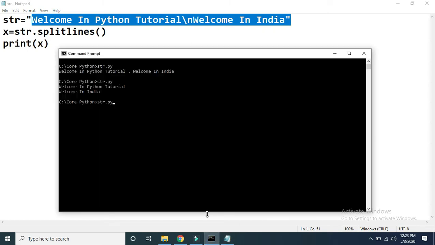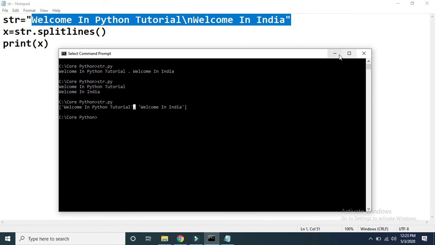I want to show you the output. See here, in Python this list is represented using square brackets. How many elements are there in this list? Two elements. The first element is "Welcome in Python tutorial" and the second element is "Welcome in India". So at the new line it has broken this string.